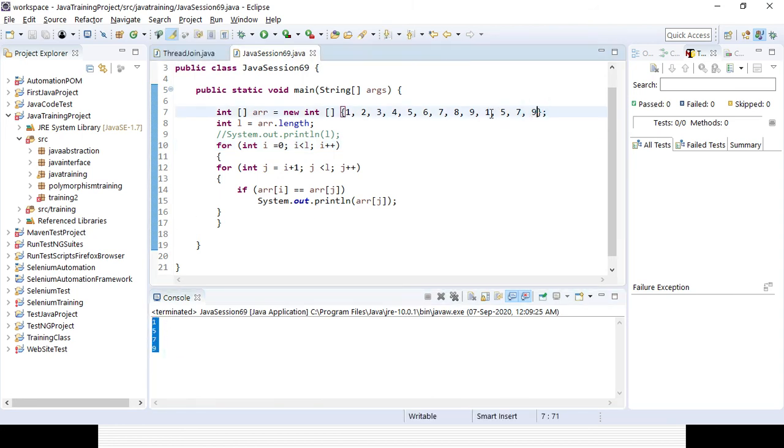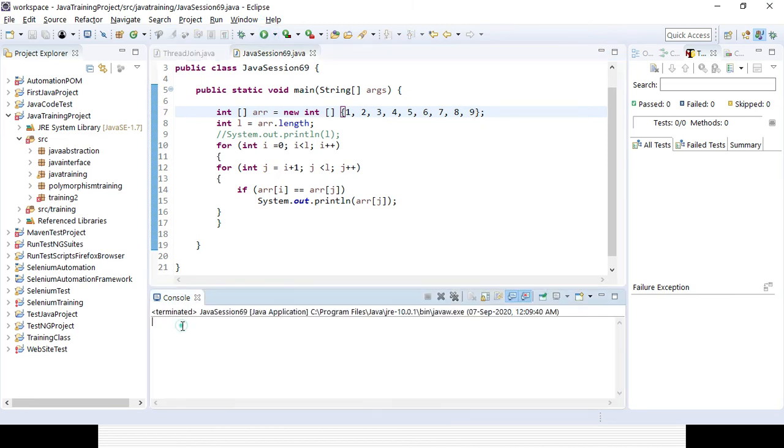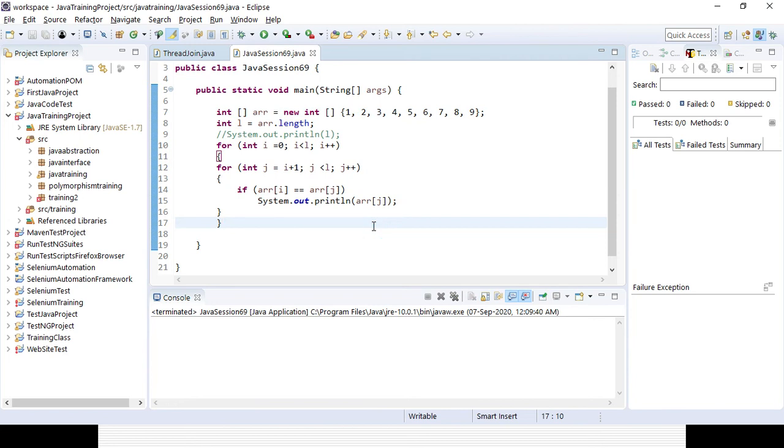Now remove all the duplicate elements and let's see whether it is displaying anything or not. So here no duplicate element is found, 1 to 9. Okay, now if you run it, no duplicate will be displayed here. You can see it is blank. Okay, so that's why if it is integer data type, you can still find the duplicate element, right?